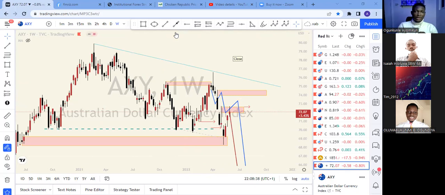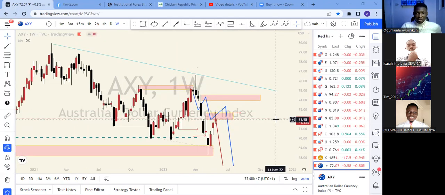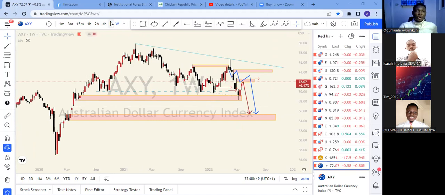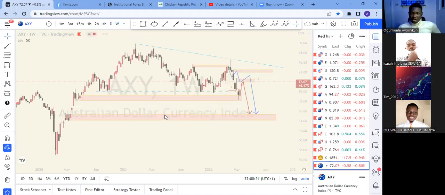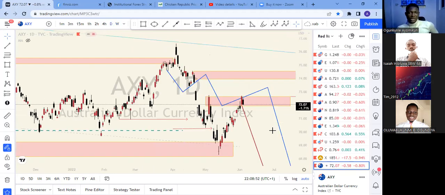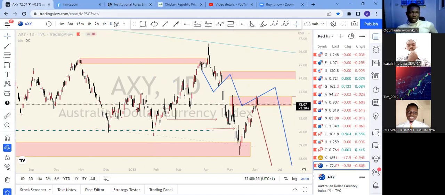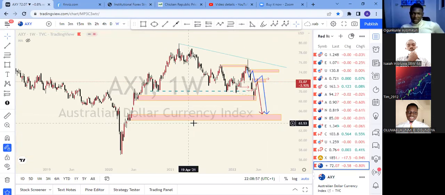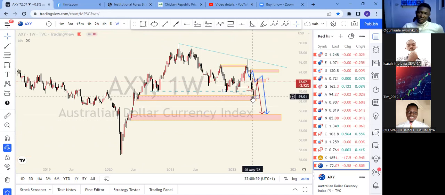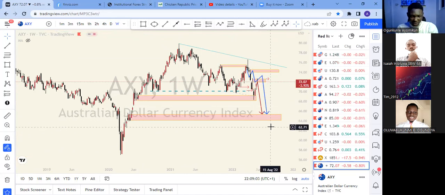So I think there's a public holiday in Europe tomorrow, so the London session might be a bit slow. But nonetheless, I think altogether this week we're set for some interesting moves. As you can see, we have the Australian dollar index at the resistance, which means we can expect it to get weaker.